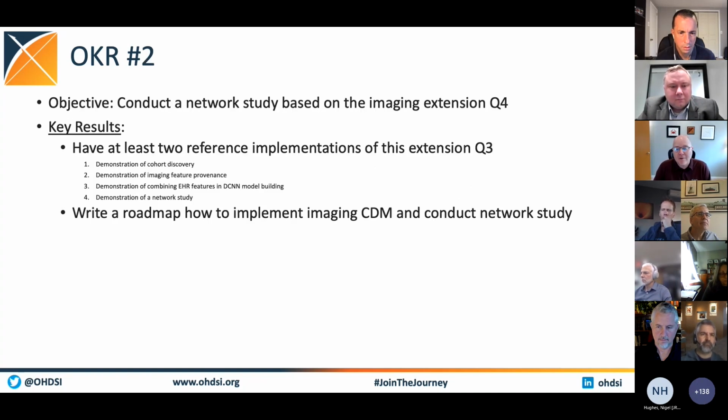So we're working on vocabularies. And then for the second part of this year, we'll be implementing 2 reference implementations, with really the goal to conduct a network study, as well as an implementation guide of the conventions we've used for incorporating medical images into OHDSI research. And so this year will be very exciting because we hope to demonstrate how to do cohort